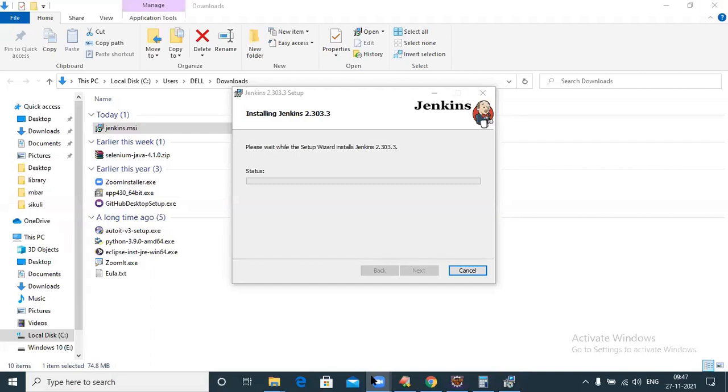Wait. You have no programming, no coding. It's just a tool, a continuous integration tool. Whenever a build comes from the developer, how can we run it? That is the only process. No coding here, nothing. Wait, installing.